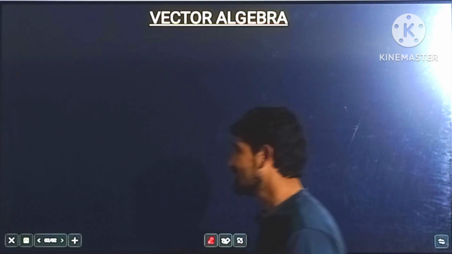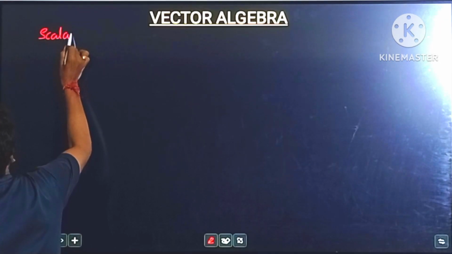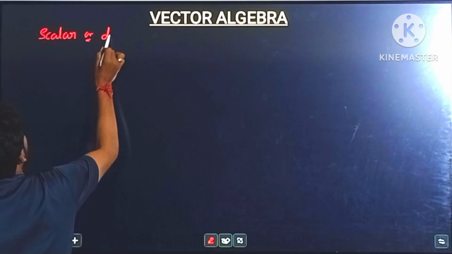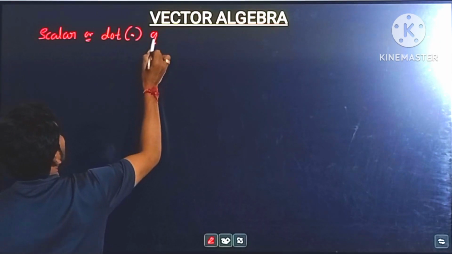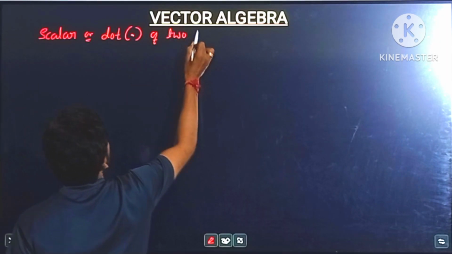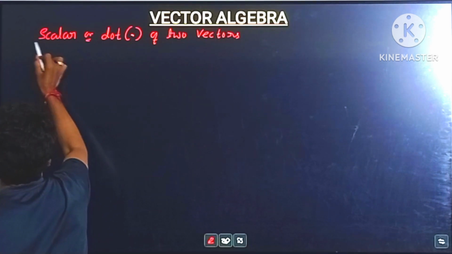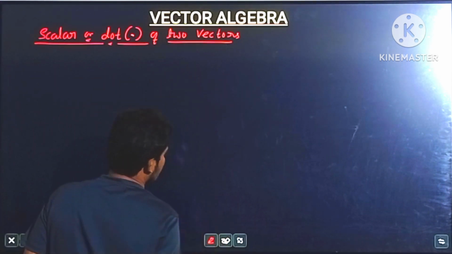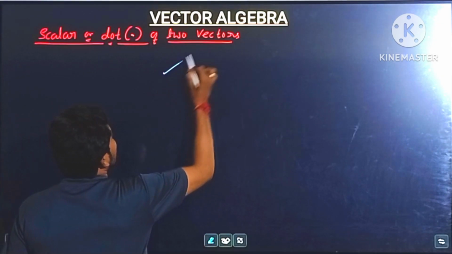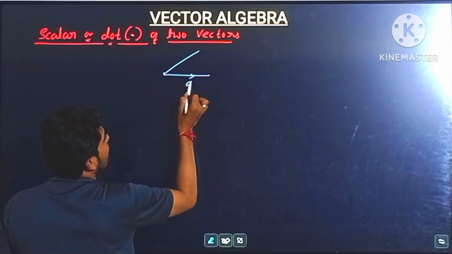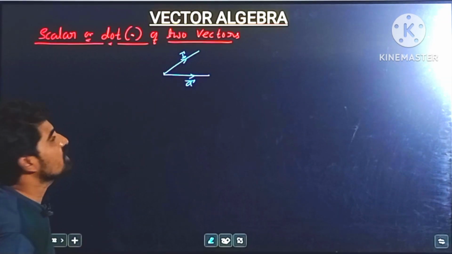So today's concept is scalar product or dot product of two vectors. See here, what is this scalar product? Suppose this is a vector and this one is b vector, and the dot product of these two vectors